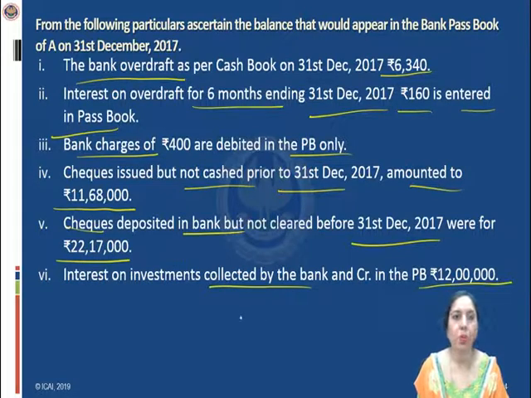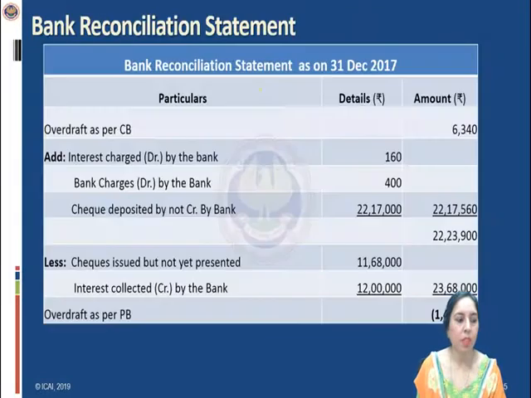In this particular question, we do not have the balance as per passbook that is to be ascertained. So in this question, as compared to the previous question, you would not come to know at the end whether you have done the things correctly or not. But still, if you do the things rightly, following the rules, then you will reach the right balance as per passbook. Here is the solution.